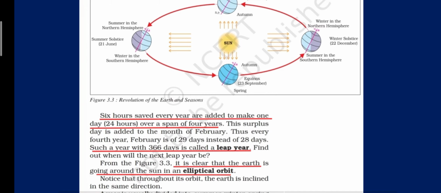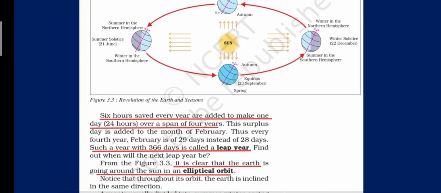And as we all know, generally February has 28 days, but every fourth year February has 29 days. Because that one extra day is added to the fourth year, and such a year that has 366 days is